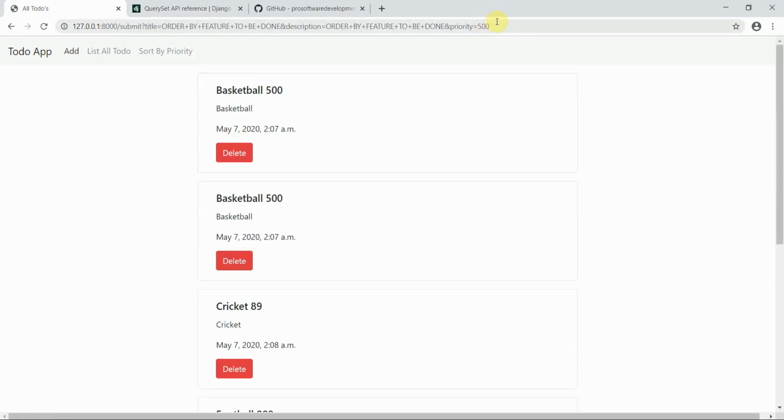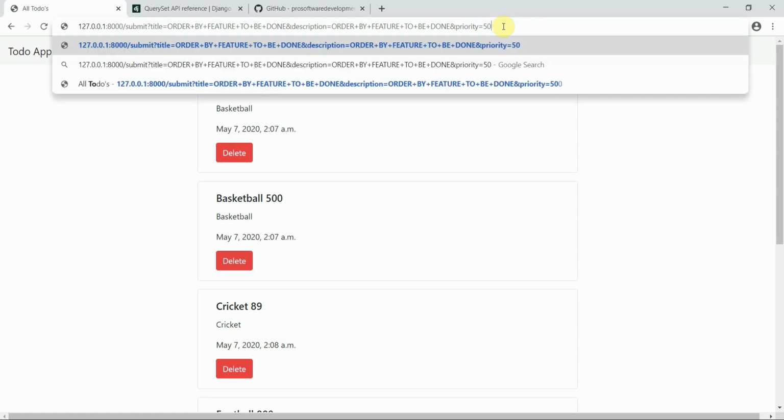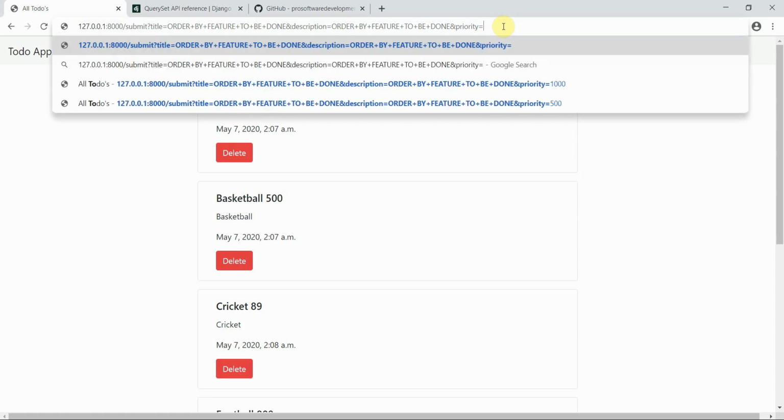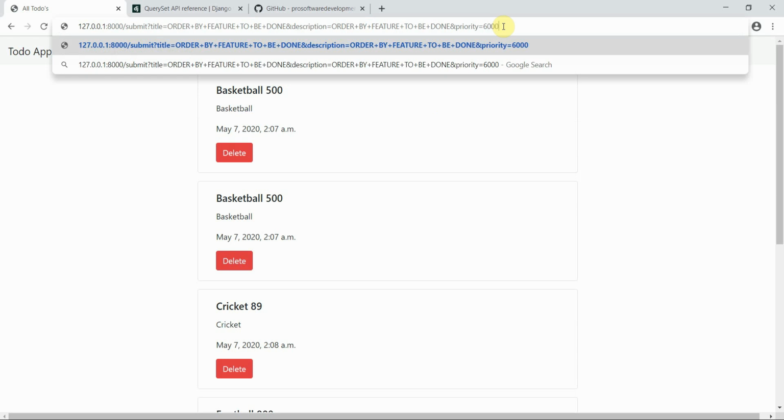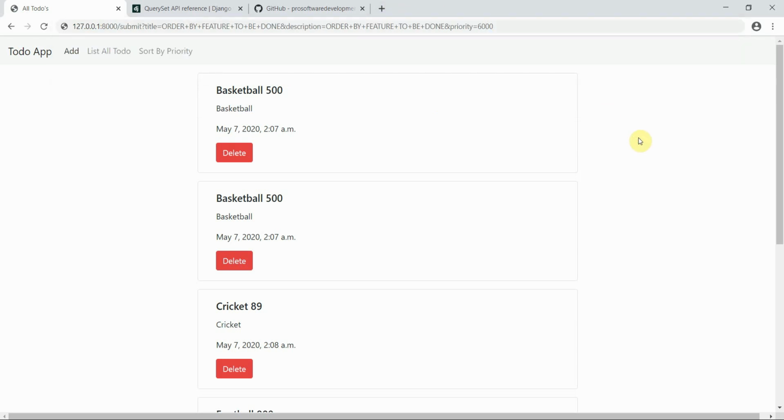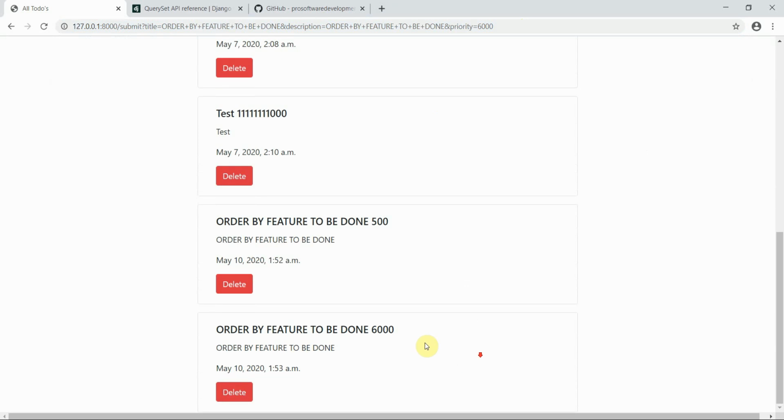One thing you can see is that we have made a route where it's working like an API somewhere. Let me change this 500 to 6000, and when I submit this, I will find one with 6000 as well.